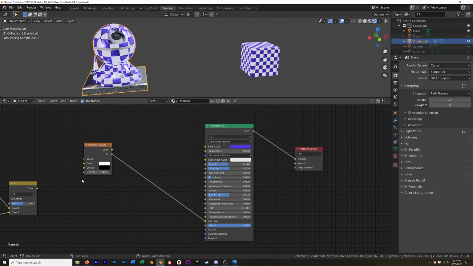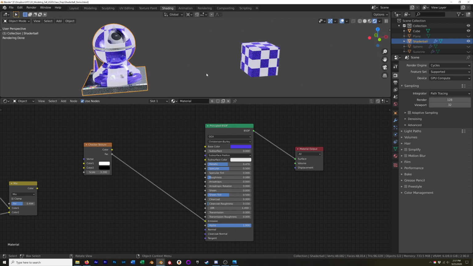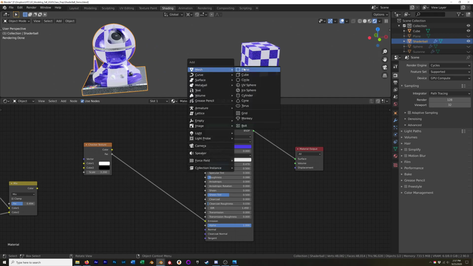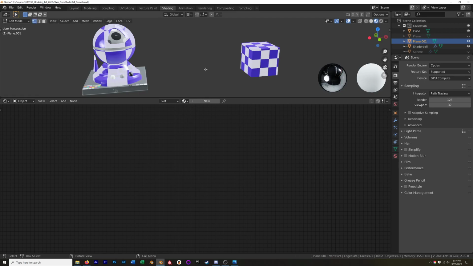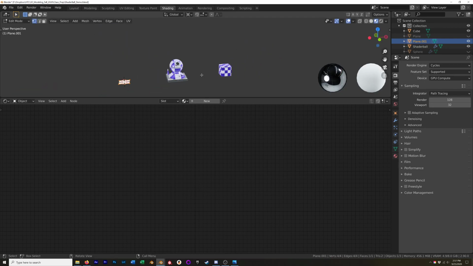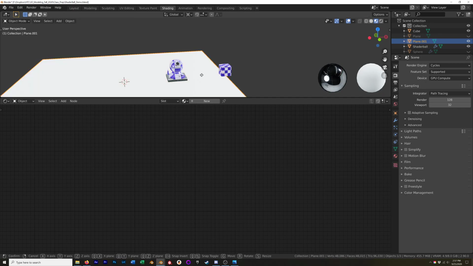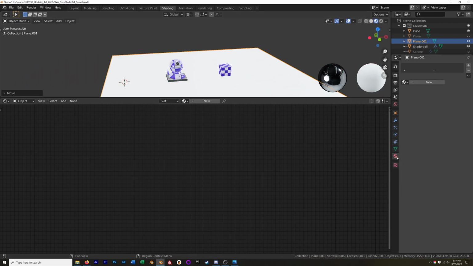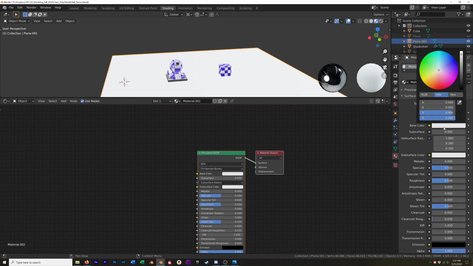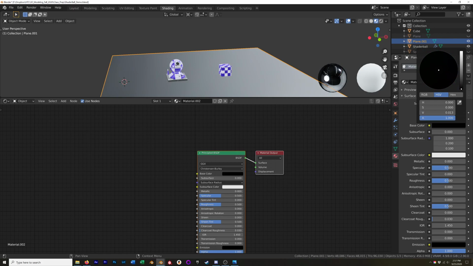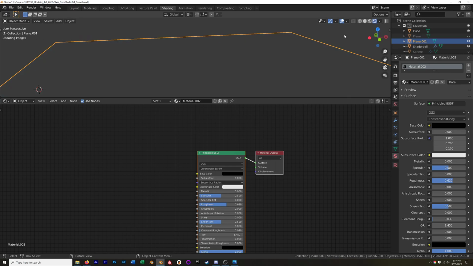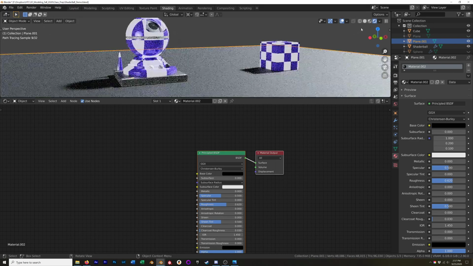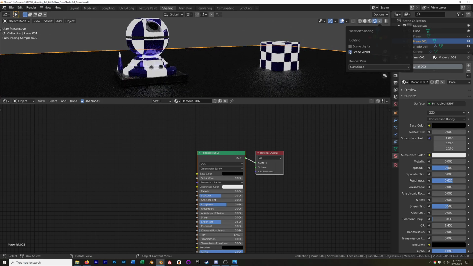Now this is a little bit tricky, but I'm going to bring the scale down, and let's add in a plane in the viewport. Let's go into edit mode and scale it up. Where's my plane? There it is. S20, and let's move it over. And I'm just going to give this a temporary material because we're going to delete this shortly, but just something so that we can see the effect of our emission. Go back to our rendered view, and I will turn off the scene world in the rendered view,